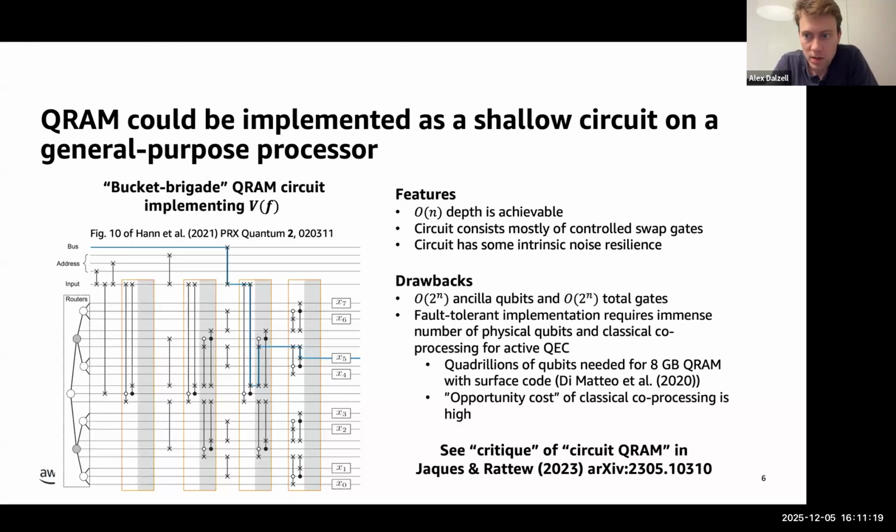If we were to try to implement this circuit at the logical level, because we know that these components, if implemented with actual hardware, will be noisy, we're going to have to replace each of these exponential number of ancilla qubits with a collection of physical qubits that encode a single logical qubit. We're also going to need to do syndrome extraction of our quantum error correcting code and classical decoding of the information that we're extracting. So if we think about this circuit on megabytes or gigabytes of data, it will be a huge circuit with tons and tons of physical qubits, generating tons and tons of syndrome data every second.